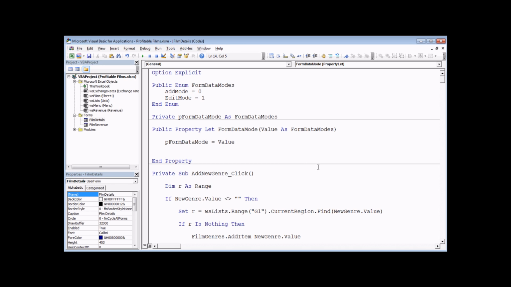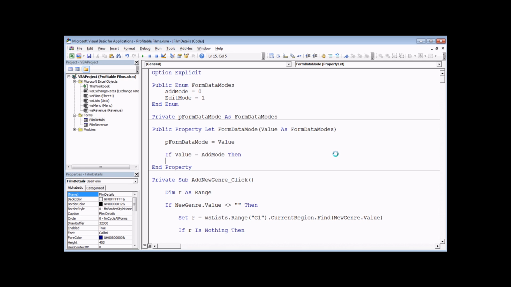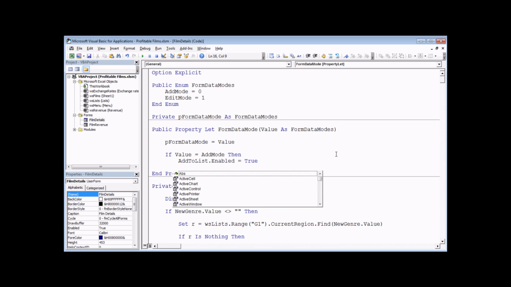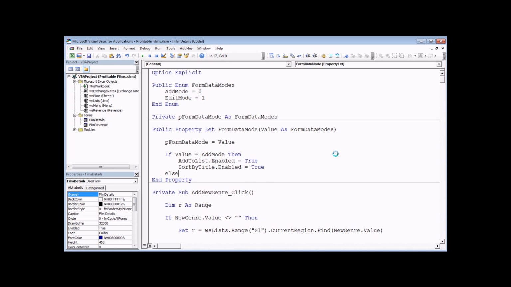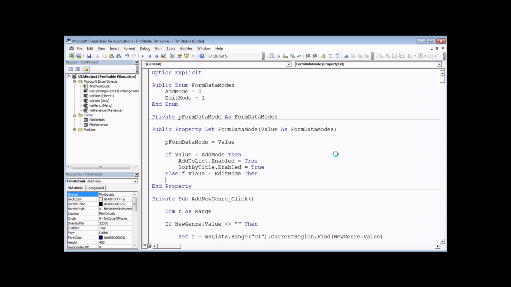So again, we're just going to use a simple if statement. We're going to say if value, so again we're just going to be testing what value gets passed in via this parameter. If value equals let's say add mode, then we know that we need to enable the two buttons we talked about before. So there's a button called add to list, and we can say its enabled property is equal to true, and we can say the sort by title button should be enabled as well, so we'll say dot enabled equals true. We'll have an else if that says else if value equals edit mode, then,